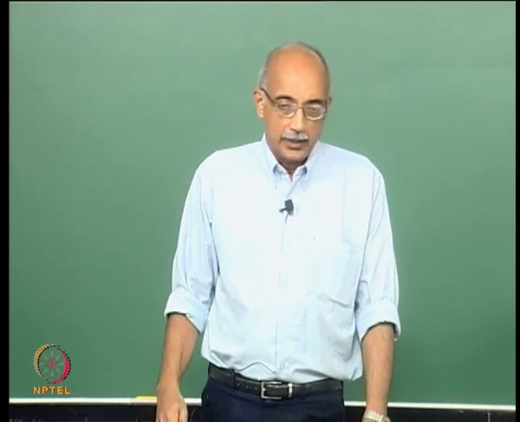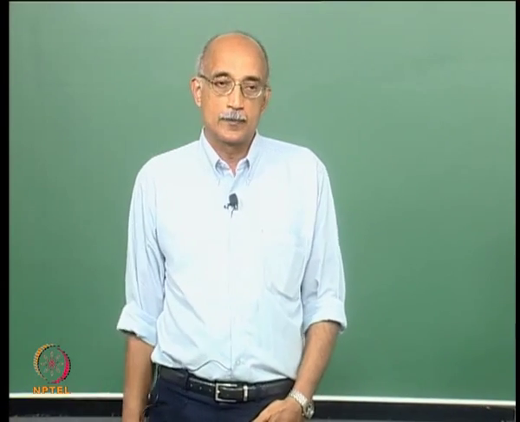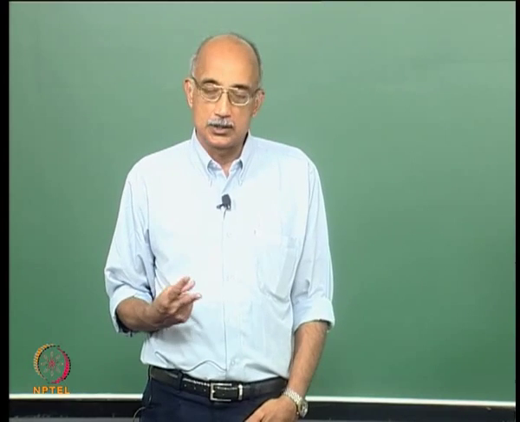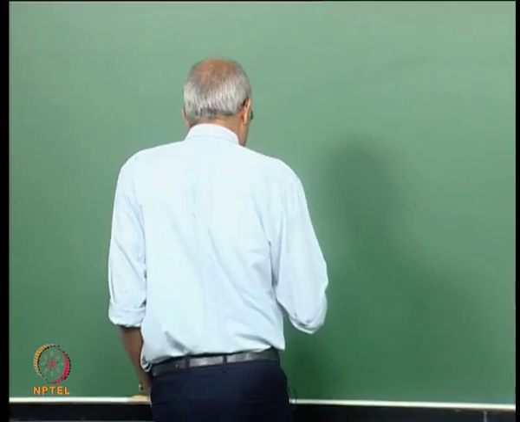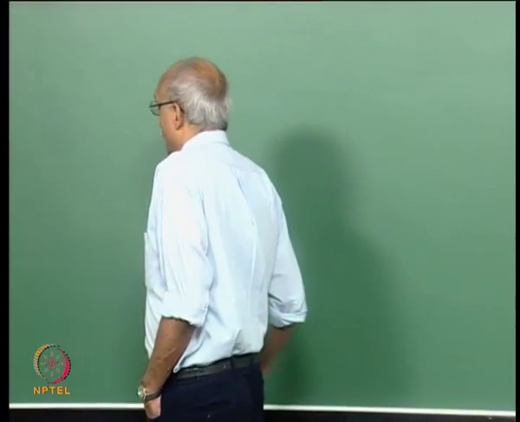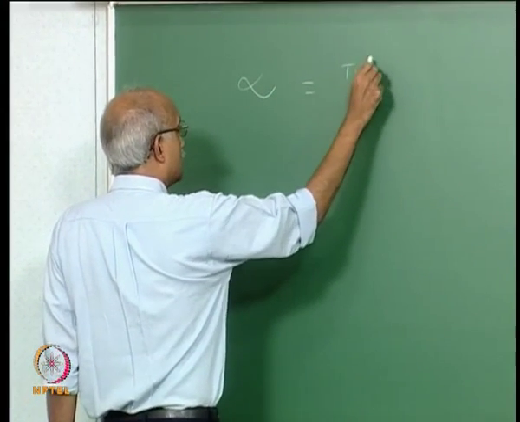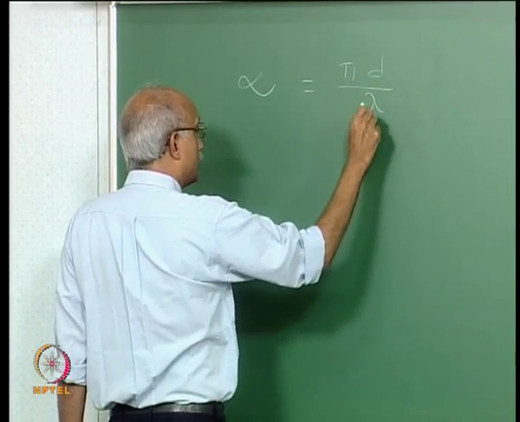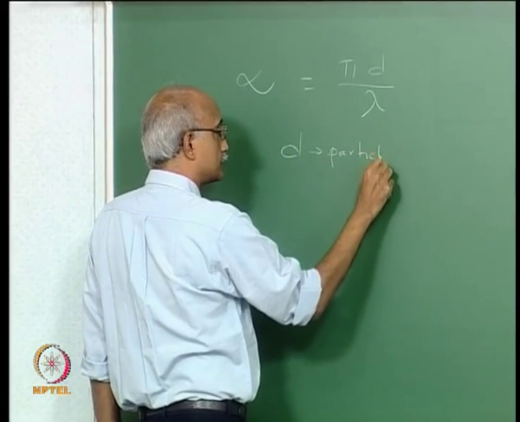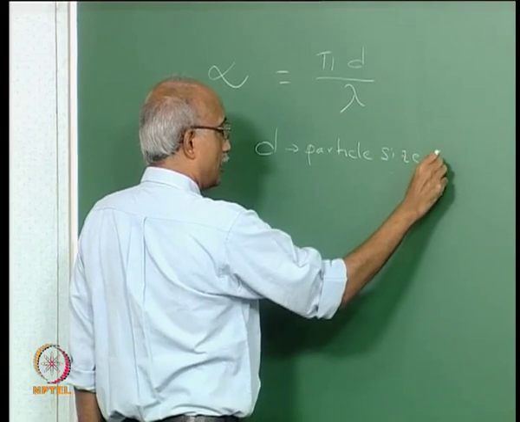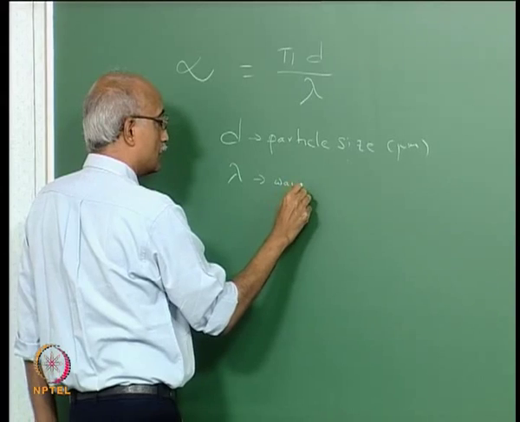Now when we look at light scattering characteristics of a particle that is suspended in a medium, there are really two dimensionless parameters that are very crucial to consider. The first one is alpha, which is defined as pi times d over lambda, where d is the particle size in micrometers and lambda is the wavelength